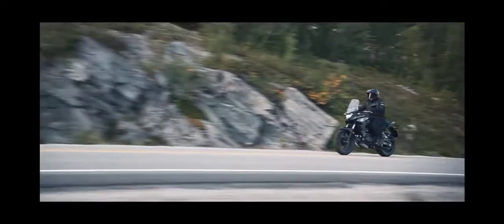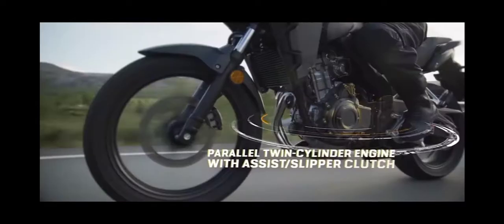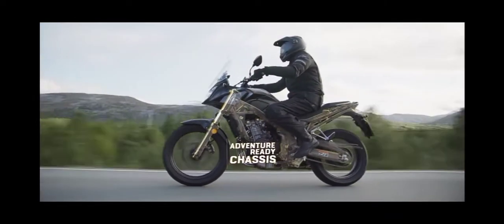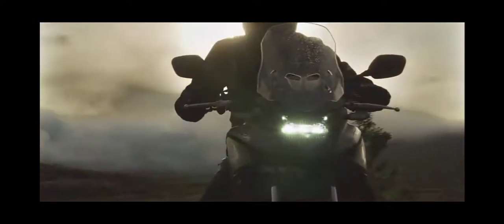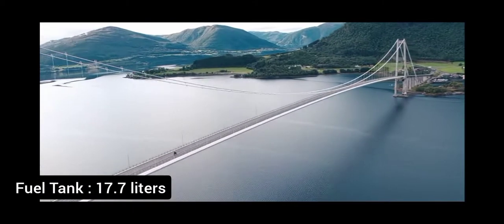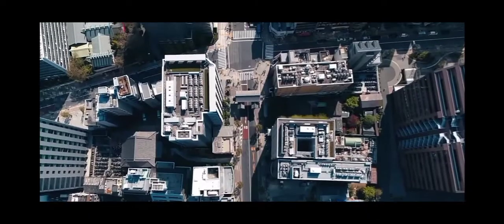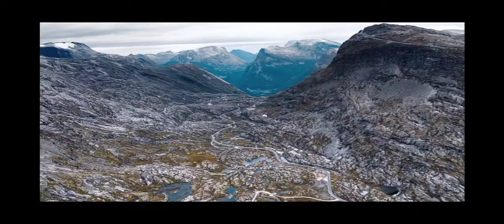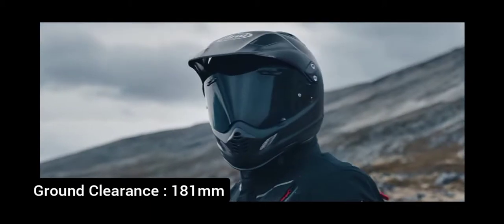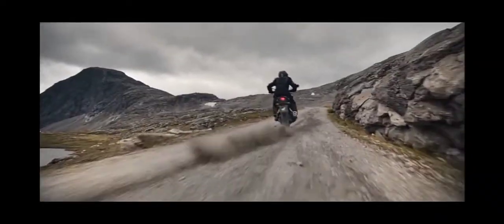In the front we get 19-inch alloy wheels with the radial tire. In the rear we get the 17 inch tire. So if you are the one who rides like tank to tank, this bike should be the best for you. Like 17.7 liter fuel tank is massive, so it will be quite beneficial for you if you ride like tank to tank. Also, the ground clearance of this bike is 181 mm, so you won't face any issue while doing